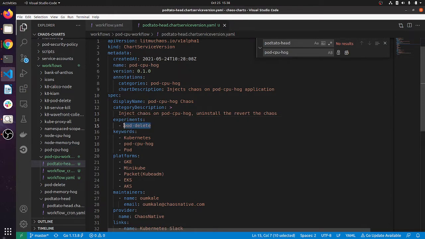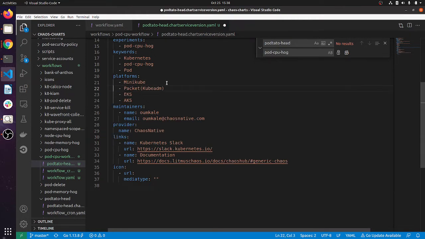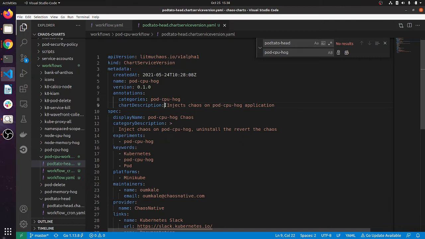Run pod CPU hog. Just make sure you test it on all the platforms you're going to test on. Currently I am using Minikube, so let's keep only Minikube. Update your maintainer details. The chart is ready.